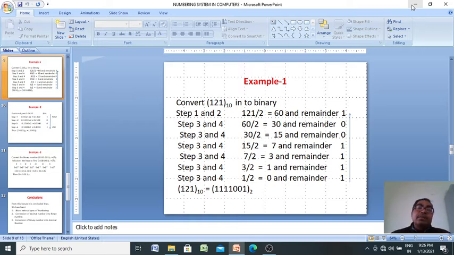For example, we want to convert 121 into a binary number. Take steps first and second. Here 121 divided by 2, as it has to be converted to binary, we find 60 and remainder 1. Again 60 divided by 2, we find 30, remainder 0. Again 30 by 2, 15, remainder 0, and so on, until we find 0 as the quotient and remainder 1. Now take MSD to LSD. So we find 1111001 in base 2.